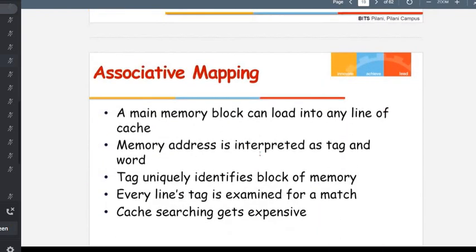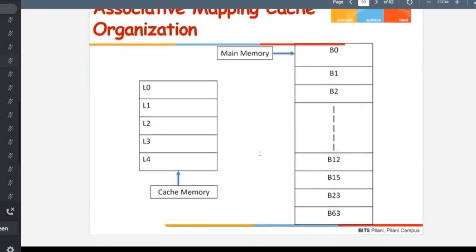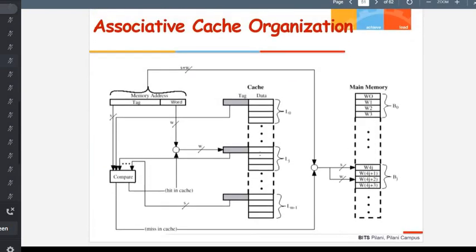Right. And then we come to associative mapping. Associative mapping, from what I understood, is basically like a linear search. It will search all the respective things. If you see the comparison, the main memory tag is coming from the processor. As I mentioned, direct mapping has the concept of tag, line, and word, but associative cache mapping has a concept of tag and word. You see the tag here and the word here. Okay, so only these two things.